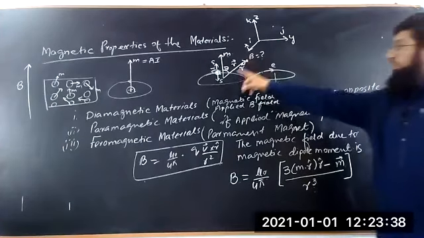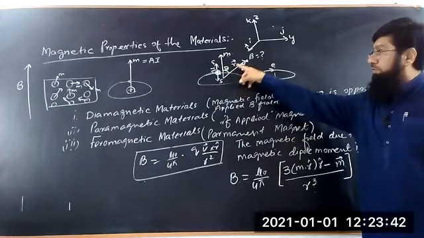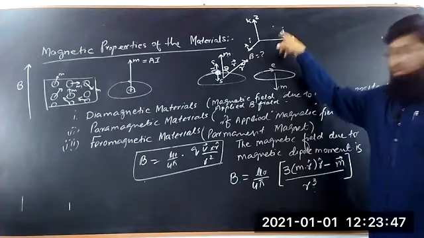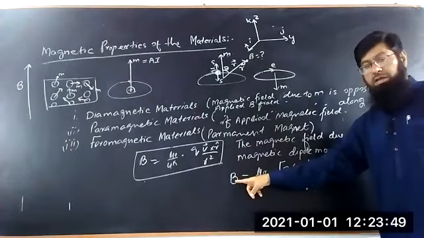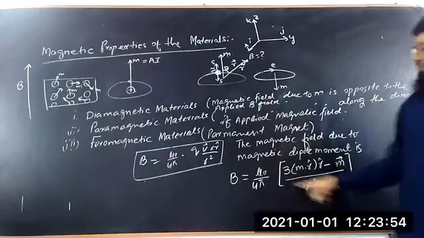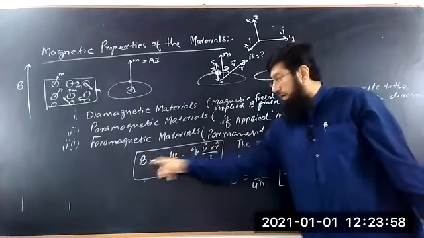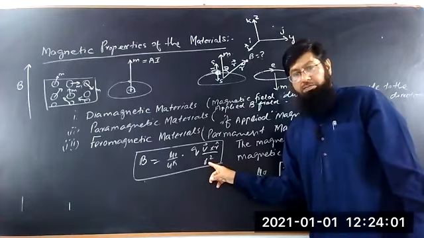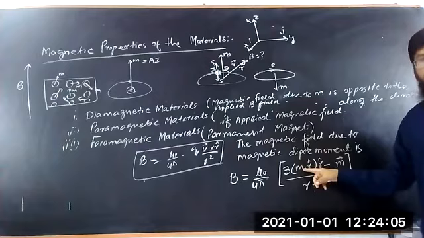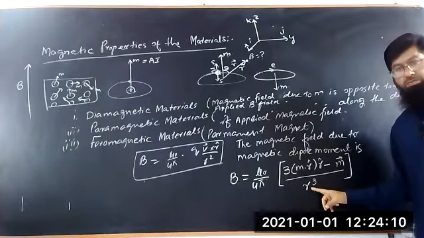So the magnetic field here is much stronger, here it is weaker, then going to almost zero. So this magnetic field varies inversely with r cube. Generally, you know that the magnetic field due to the motion of a charge, q v, varies with 1 upon r square. But here, due to the magnetic dipole M, the magnetic field B varies with 1 over r cube.